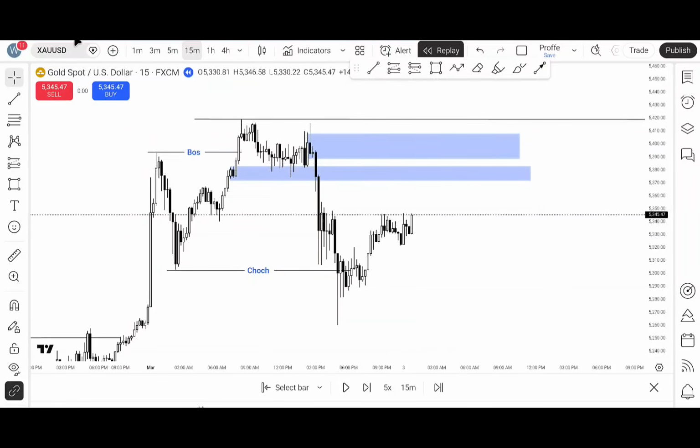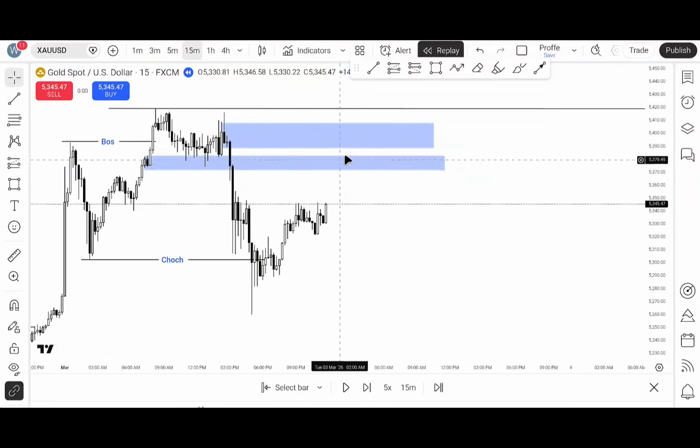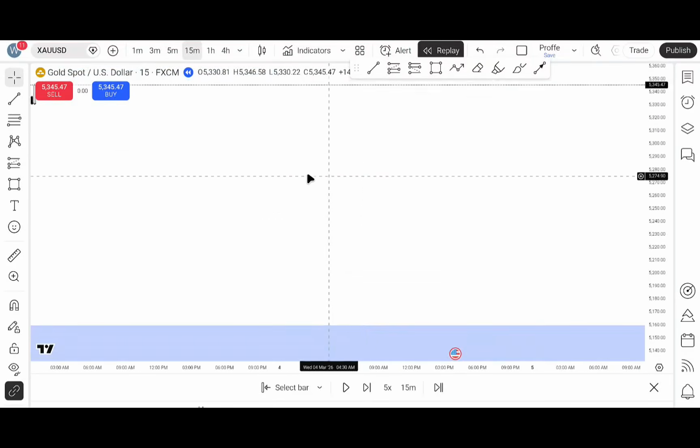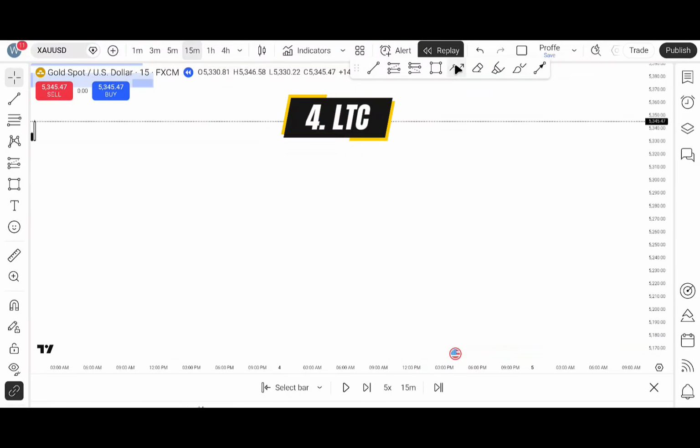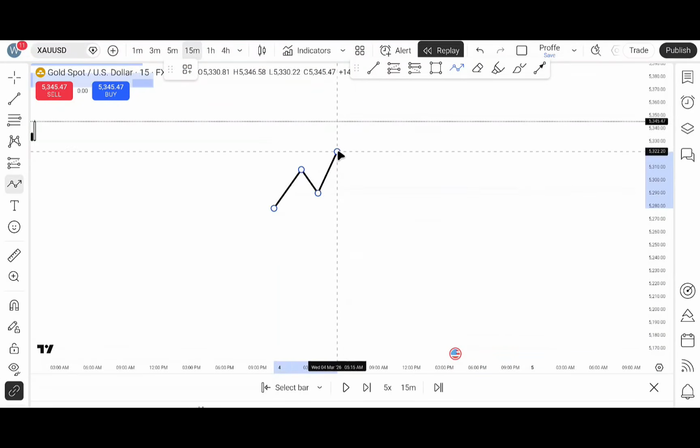This is only applied to gold, XAUUSD. We are going to play price and see if price comes here, then we use LTC and enter. If it comes here, it gives LTC, then we enter. So let me introduce you to the concept of LTC. What is LTC? LTC is a 1 minute time frame confirmatory pattern that when traded properly, it gives you one,